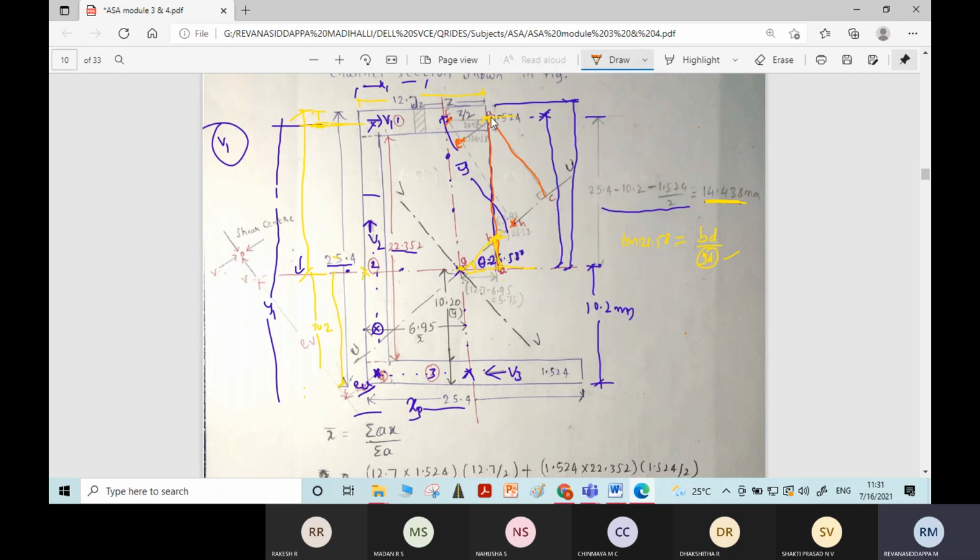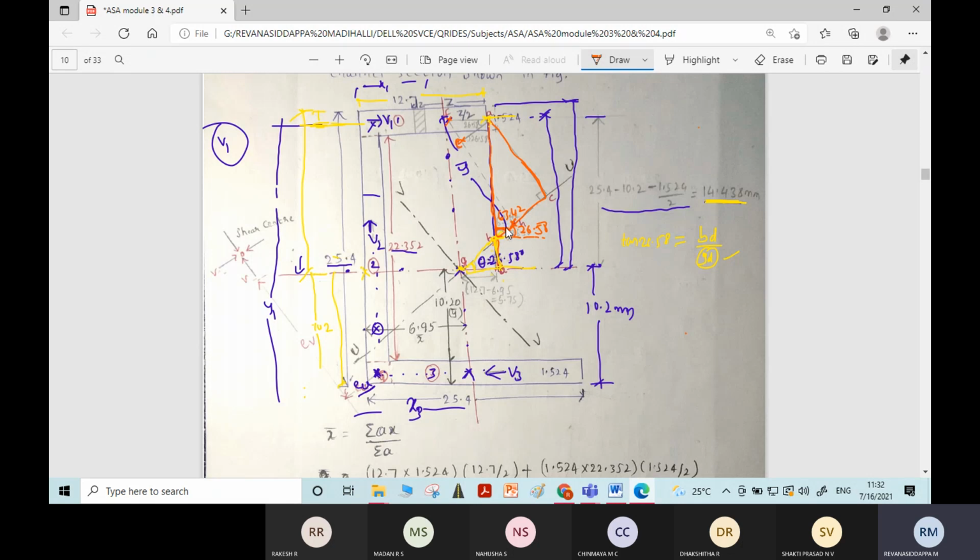Right angle triangle ABC. By taking this right angle triangle again, you can calculate the length AC. You know the length AB, you know this angle. What is this angle? With respect to horizontal it is 26.58. So 90 minus 26.58, if you do, you will get 63.42 as the angle.